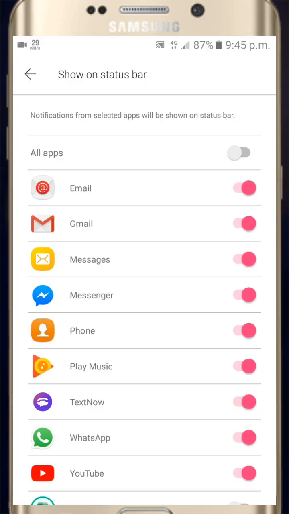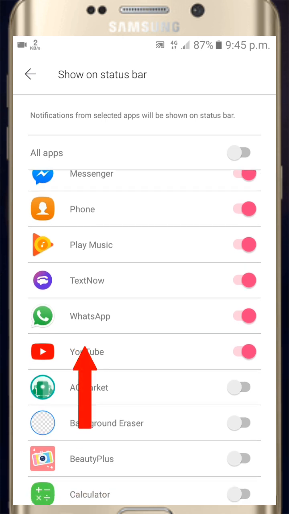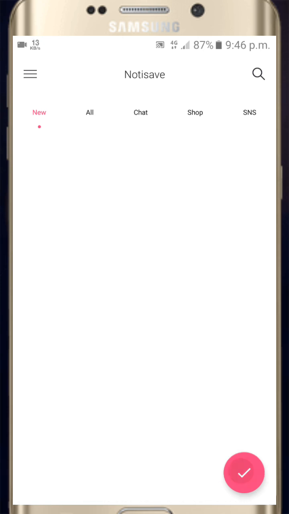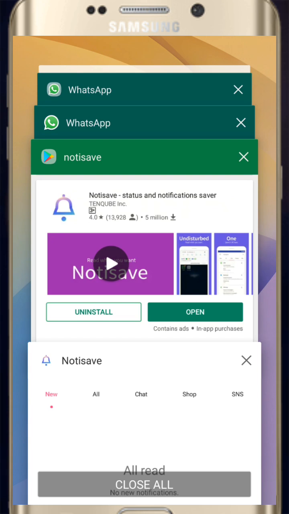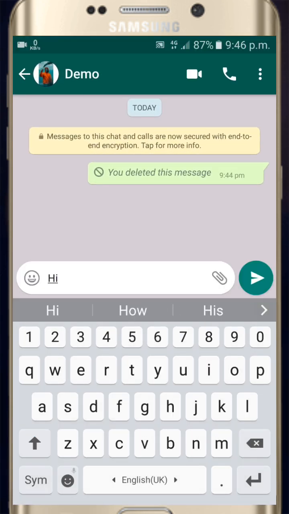Here you can select whose notification you want to read. Here WhatsApp is already selected, you can see here. So go back and now go to your WhatsApp. Here I am sending the message hi again,